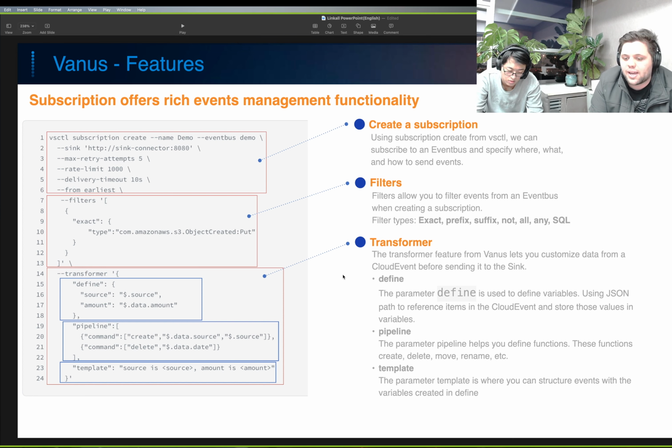First we have define. The parameter define is used to define variables using JSON path to reference items in,